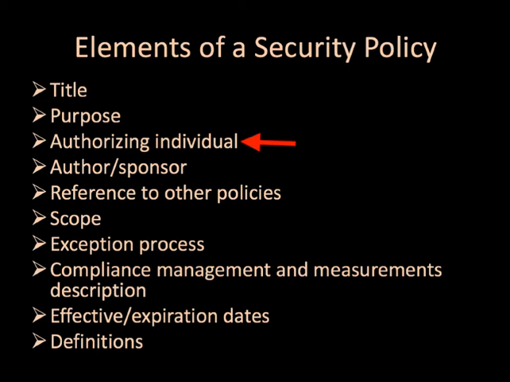The authorizing individual and author information are important. The name of the authorizing person provides users with a point of contact for requesting policy review or change. The author name is used by employees to obtain clarification on policy wording and processes. Reference to other policies lists the policies related to the purpose of this policy. For example, an email policy might refer to a data classification policy when addressing the kinds of information that can be sent via unencrypted email.